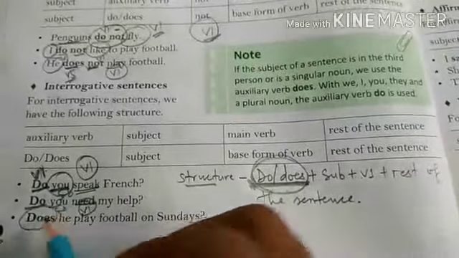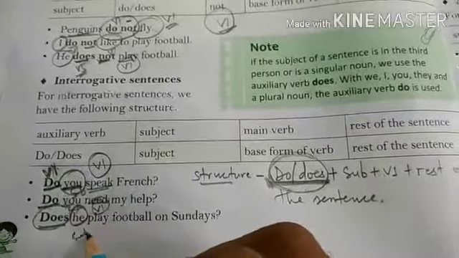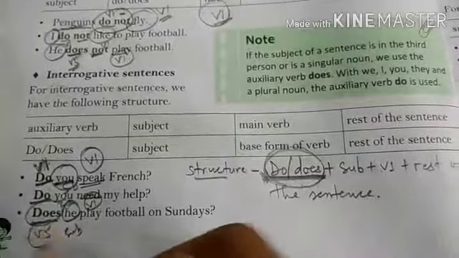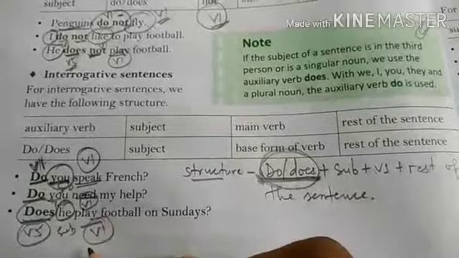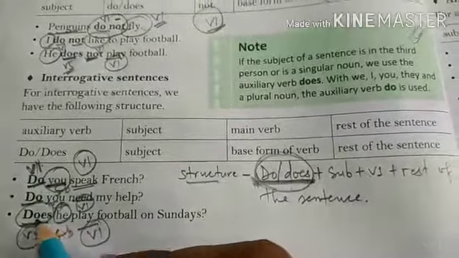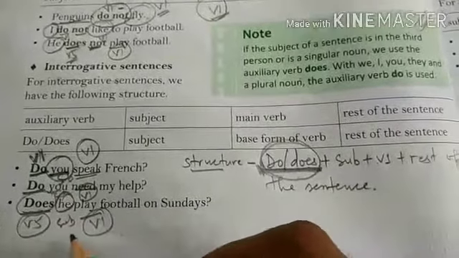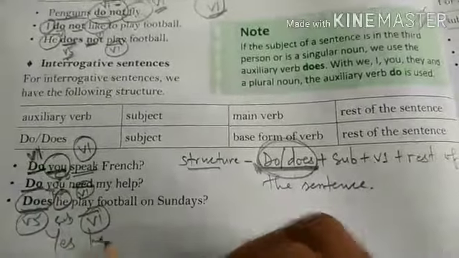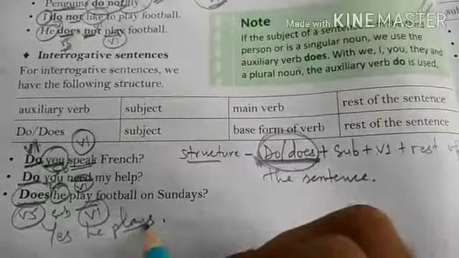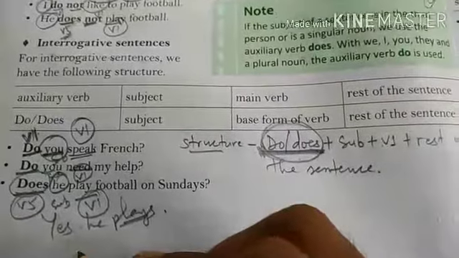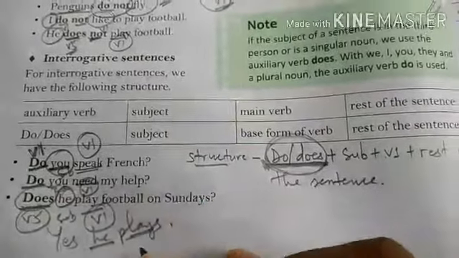Now see here. The next example. Does he play football on Sundays? So does, subject is he, singular. So does, V5. Does is the V5 form of do verbs. Now play, V1. Don't be confused. The answer is yes, he plays. Why don't we use V1 play here? Because we don't have do verbs here, and the sentence is in simple present tense. So subject is singular, so we use V5.